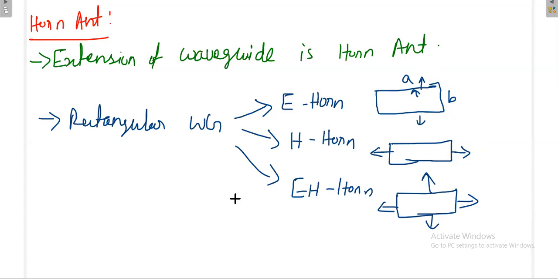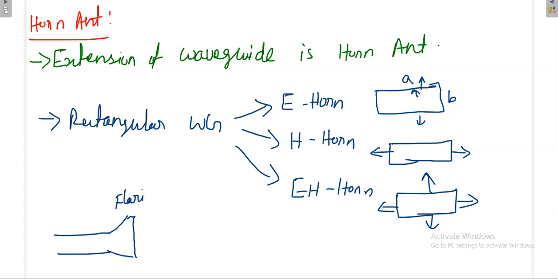So this is E-plane, H-plane, and E-H plane horn. Then it is simply the extension of the waveguide. So why is flaring done? Because if it is simply a waveguide, it cannot radiate. Once you flare at the open end, if you have a waveguide like this, then you are flaring. I am just drawing 2D, not 3D. This is 2D. Then you imagine how it will be in 3D. Now here I am doing the flaring.